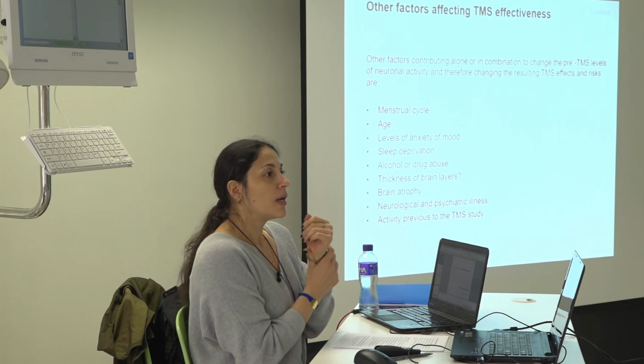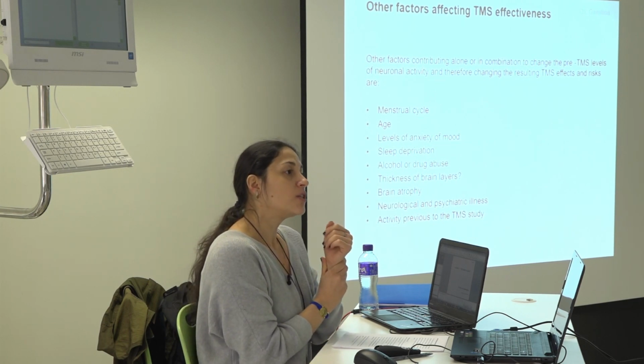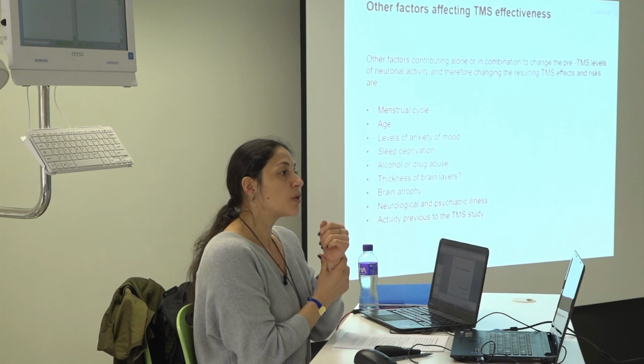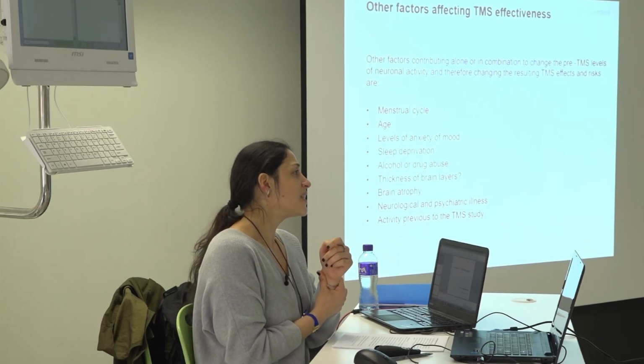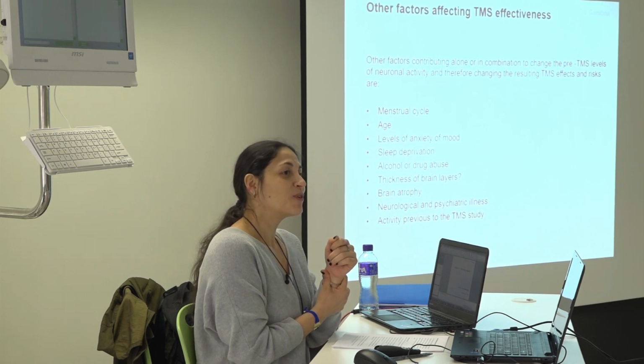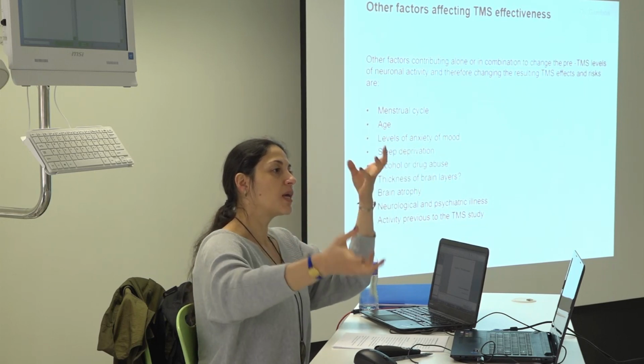But as I was saying before, many people say, why can't I reproduce your study? Well, because you are not reproducing it. Because in the labs I have been, they don't do TMS in menstruating women, but in other labs they do, and maybe, who knows, maybe this is a factor. And it's a factor because sometimes it's so difficult to find male subjects, and for TMS, mainly we have a lot of females coming. So you need to take this into consideration, and when you are doing your study, try to have balanced males and females.